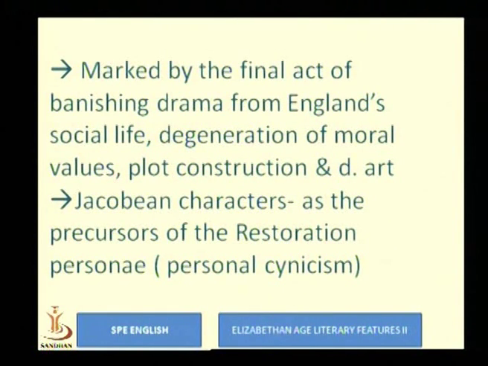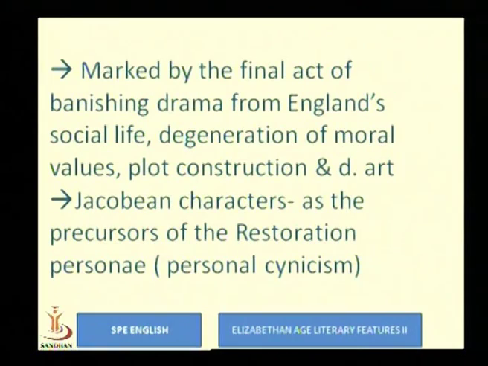In the Jacobean drama, it comes with the degeneration of moral values, plot construction, and the dramatic art. So therefore this particular form comes to an end. Drama as a literary form marks its exit from England, especially with this